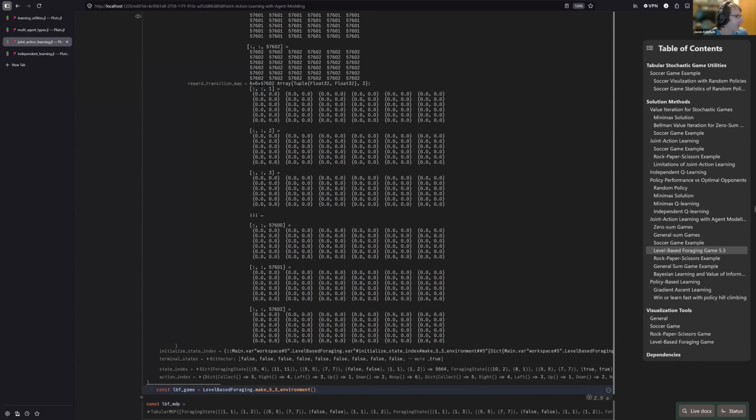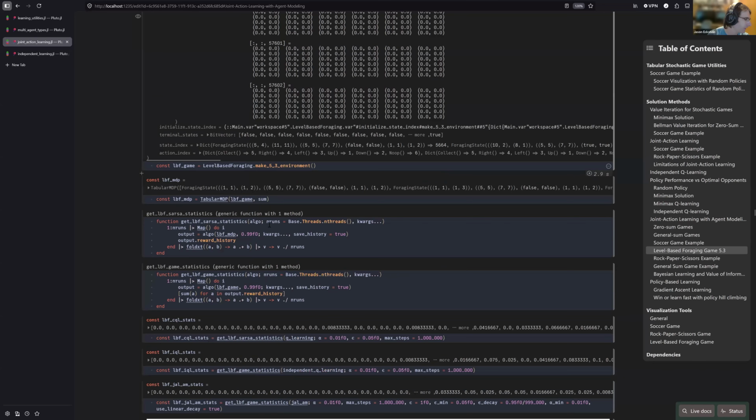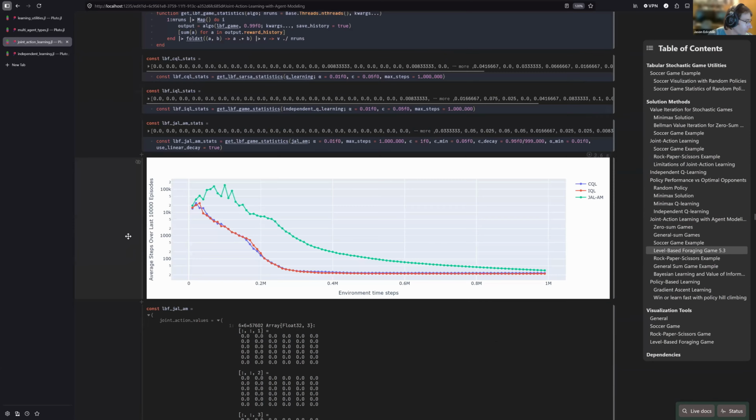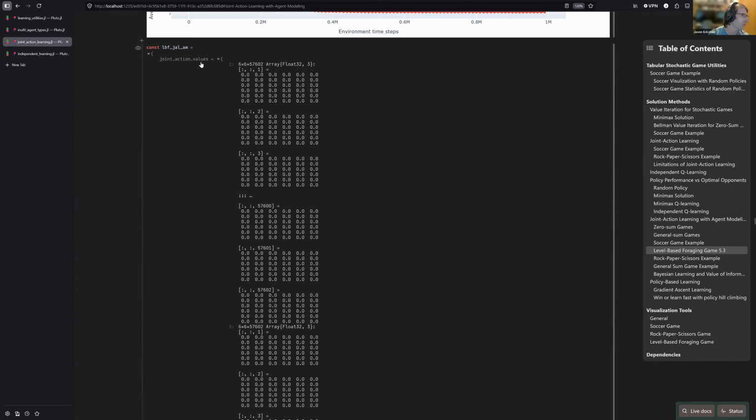Also, these slices represent the transition function across all of the states in the problem. There are some 57,000 states, and each agent has 6 actions, so this shows the transitions across this 6x6 action space. And if we look at a solution to the problem, this is one of the techniques where we learned